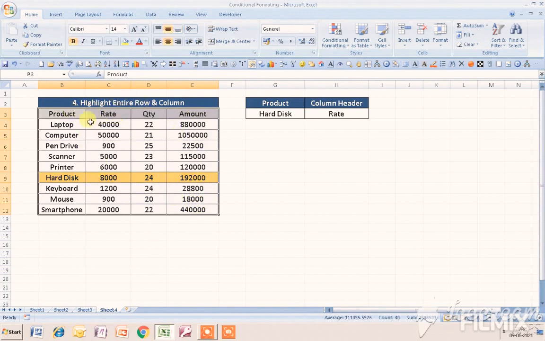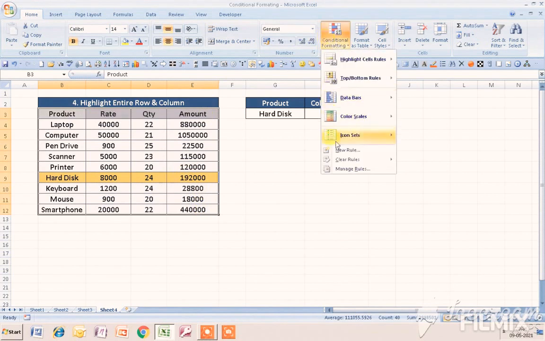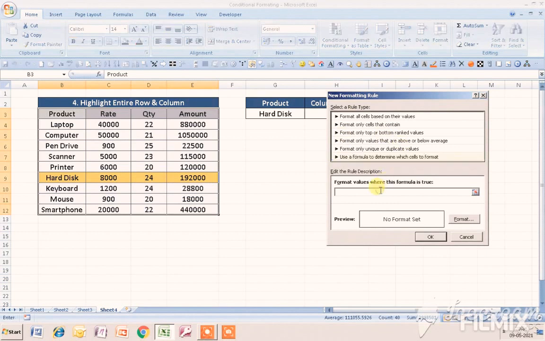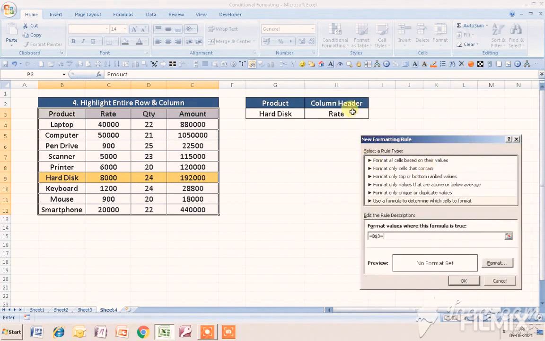I have to again go to conditional formatting, new rule, use a formula to determine which cell to format, and here I will give equal to, I have to give the first header. I have to select the first cell of the header, and I will remove the $ sign before B and equal to, and then I give this particular cell, the header cell.